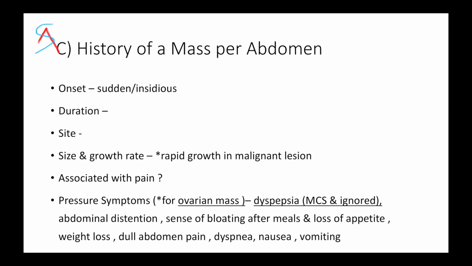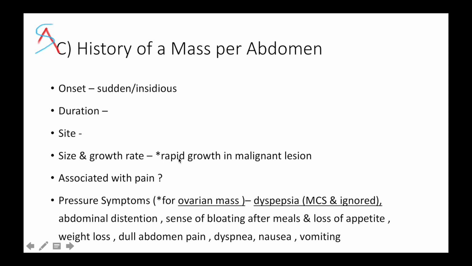If the patient says I have abdomen distension and I can feel some mass, or some doctor has told me there is some mass per abdomen, you can ask whether it is sudden or insidious, what is the duration, site, where it started, when you noticed the mass, and what was the size. Approximately you can say it was small in size initially, and now it has grown within 1 month to this present size. Most examiners do not like it when you compare the size, like it was a lemon size and now it is a football size. So do not try to compare. It is best to say it was very small in size and has now become the present size,